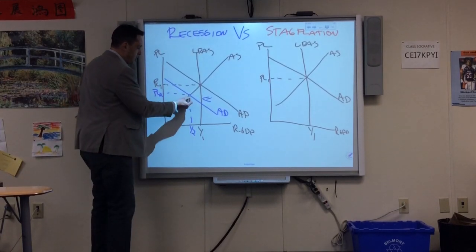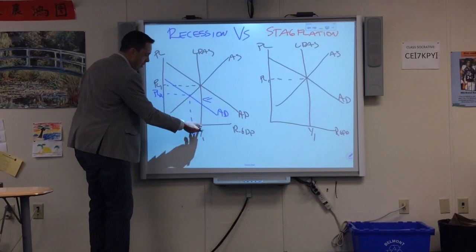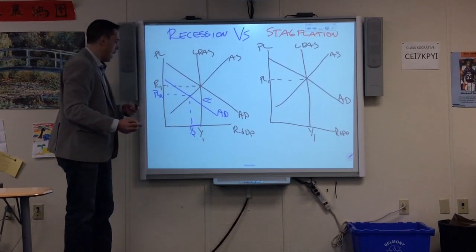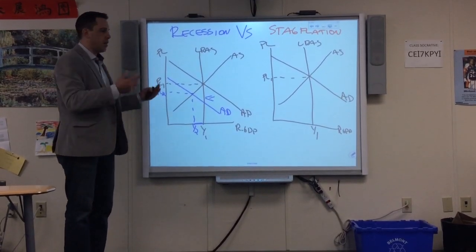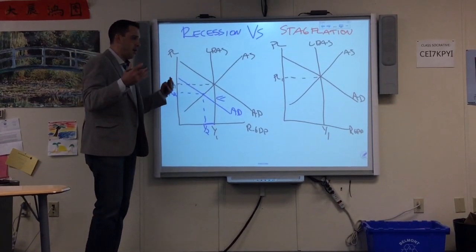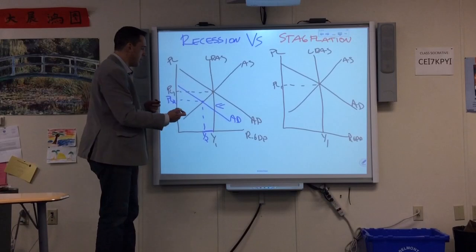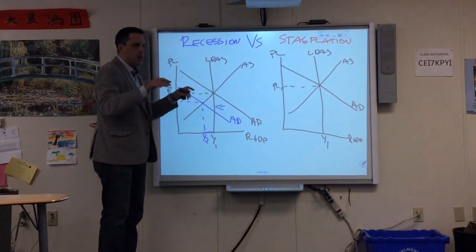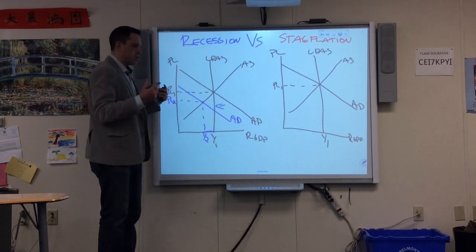So what we're saying is this is where we are. This is the long run. Here's our gap. This right here we would call a recessionary gap. And because demand has dropped, maybe this is caused by a terrorist attack, stock market crash, or perceptions about the future, people are saving more money, whatever the reason is, people aren't spending, so demand for all goods and services goes down, so price levels drop.